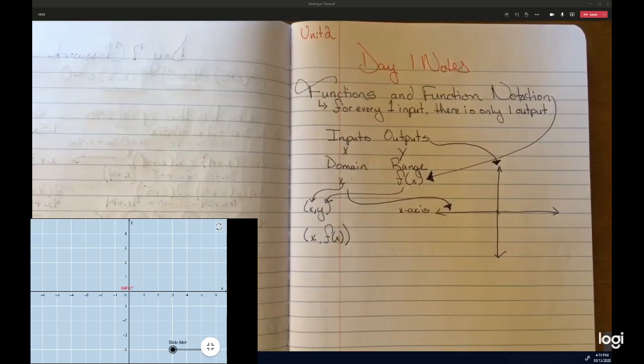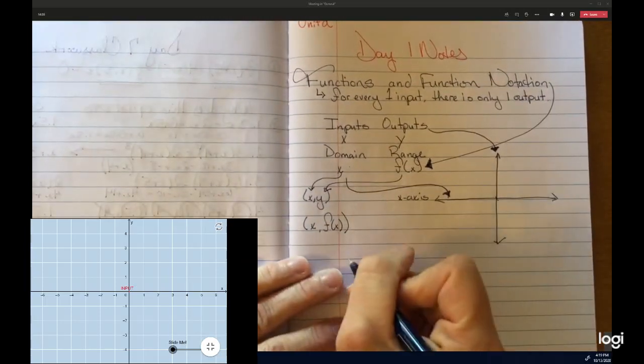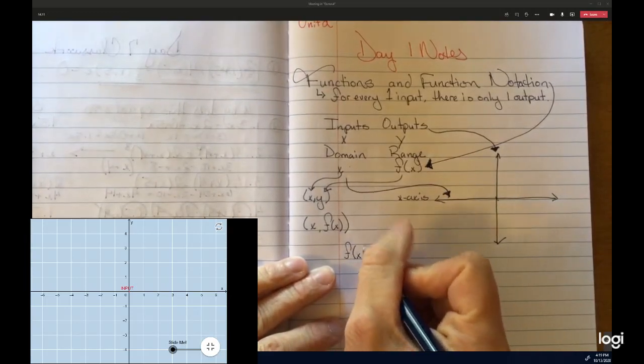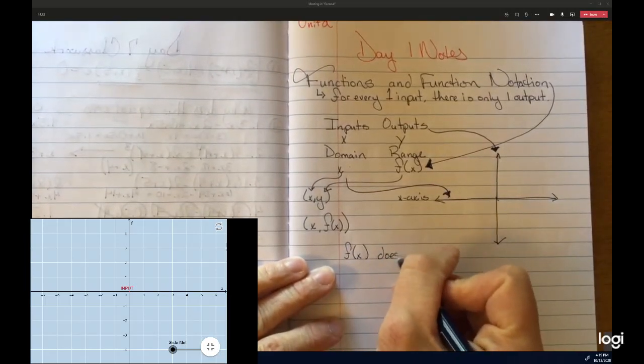All right. Now, something to keep in mind, and let's write this down together. F of X does not